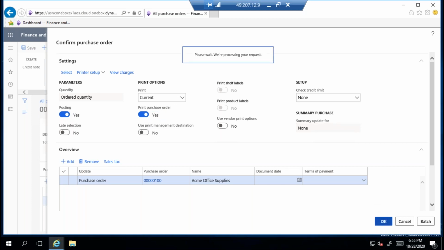It will take 1 or 2 minutes. The first time it is generating. From the second time onwards, it will be generated very quickly. Any print format, because this document is developed in SSRS reports, whereas the Dynamics AX application code is written in the X++ language. So the sync between the code and SSRS will take some time the first time. Whenever I generate a print format for the first time, it will take 1 or 2 minutes. From the second time onwards, it will take less than 5 seconds. Very quickly it will be generated. The print format, whatever I have entered, this print checkbox. So it is taking some time.